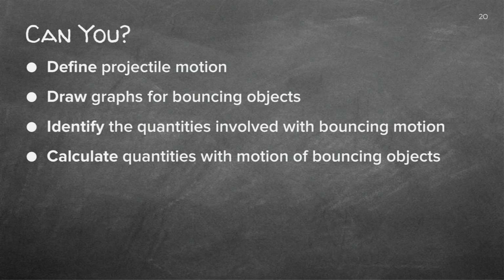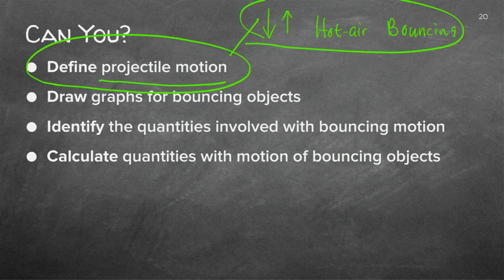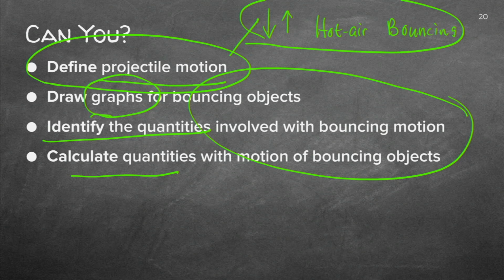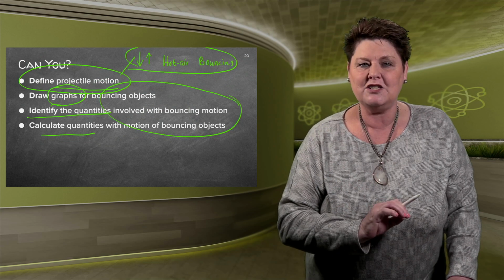Right, guys, can we now get back to projectiles? We've done projectiles just going down and up. We've done hot air balloons, and we have now finalized it with objects bouncing. So make sure that you know all 3 of these different projectile motions. You have to be able to draw graphs or interpret graphs, identify quantities, and calculate for the bouncing of objects. And remember, this is linked to momentum as well as to energy chapters.